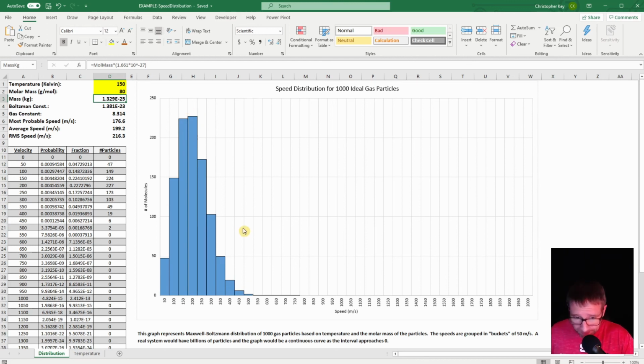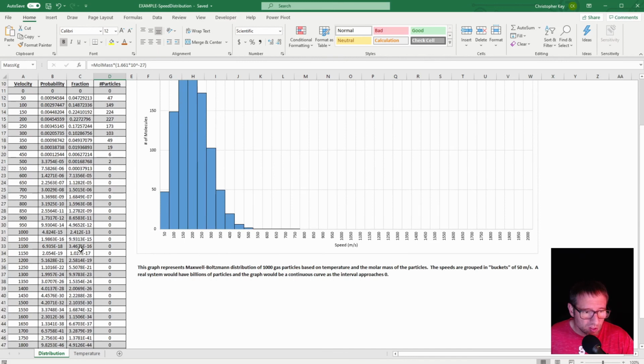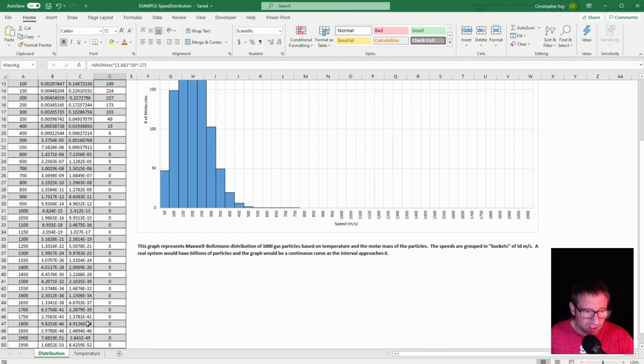Okay, so you may be thinking, what about all these speeds out there? Are there no particles that are moving at this speed? Well, when you get into a system that has billions of particles, there's always a chance that you're going to have some that are way out here. If you look over here at the probability and the fraction number, you can see that the fraction of particles is extremely small. 4.9 times 10 to the negative 44 means it's an extremely small chance that you're going to have a particle